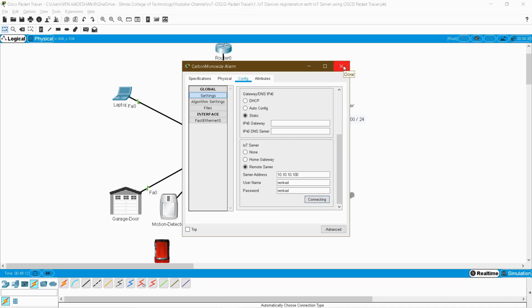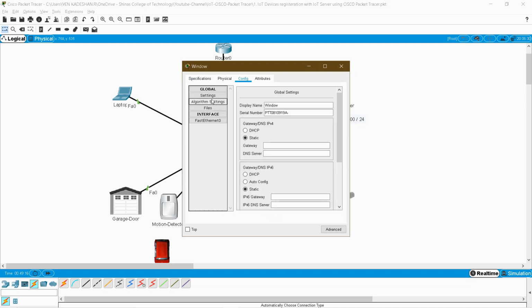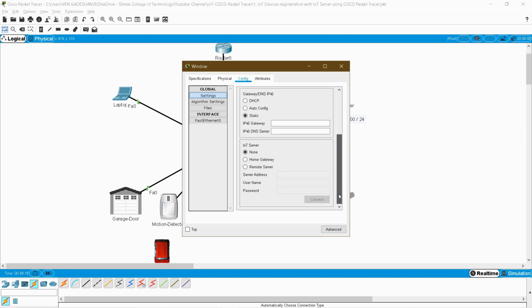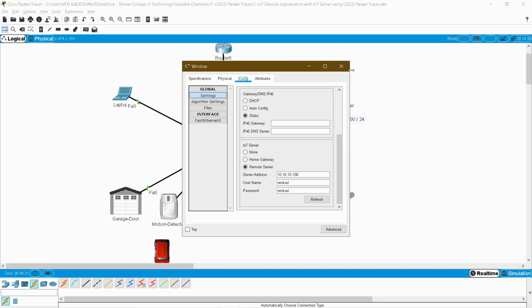Go to the window, settings, DHCP, 10.10.10.100, Venkat. Now for the last device.